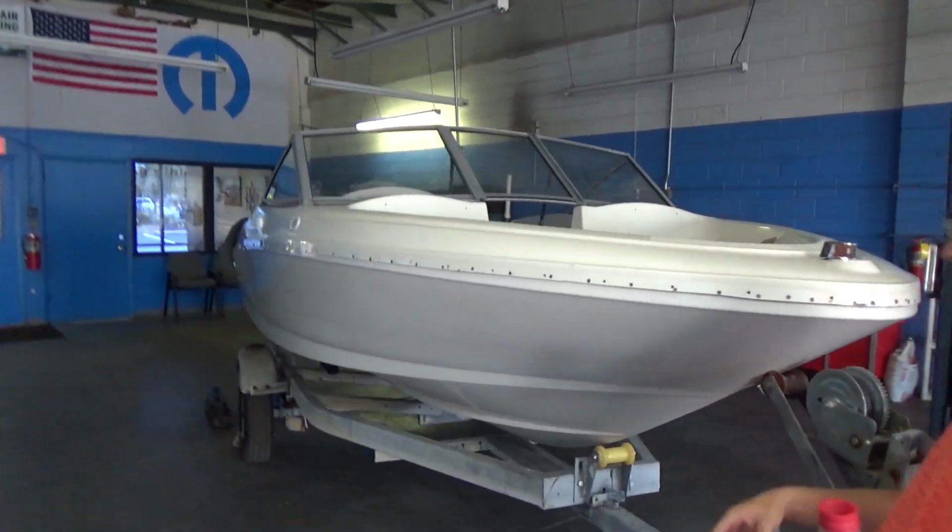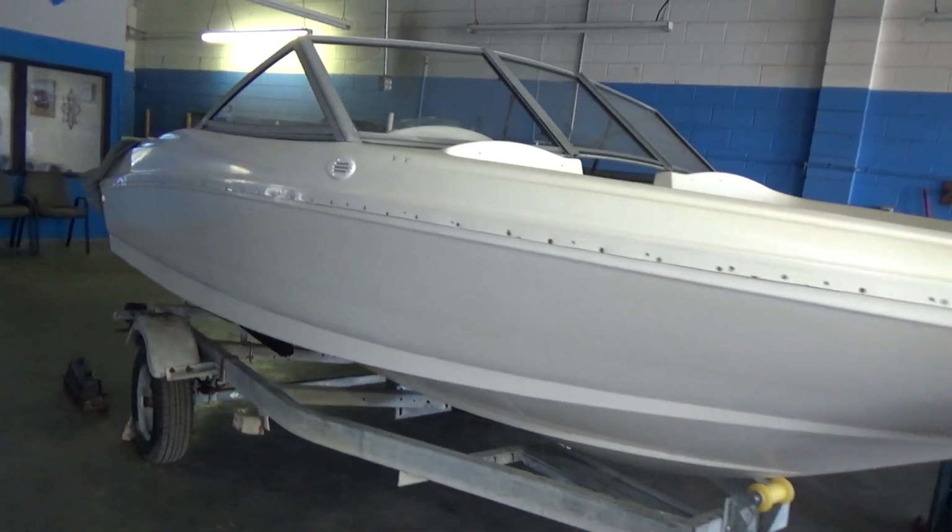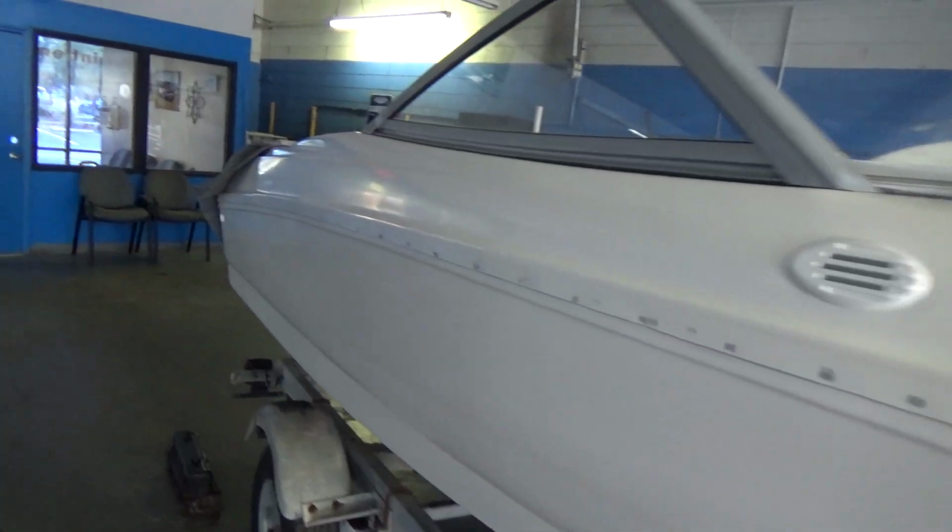So we're down here at JB Automotive, and they're going to pull out our engine, order a long block for it with a 2-year warranty, and shove all that back in. So just going to give you a glimpse of how clean this shop is. So we brought our boat in, and they put it in the shop,